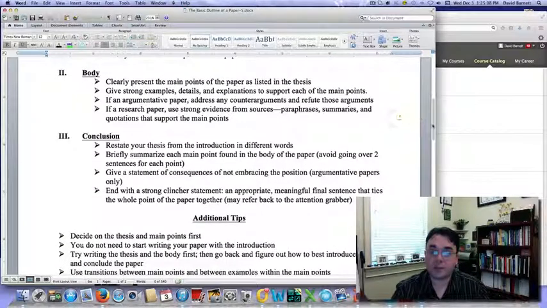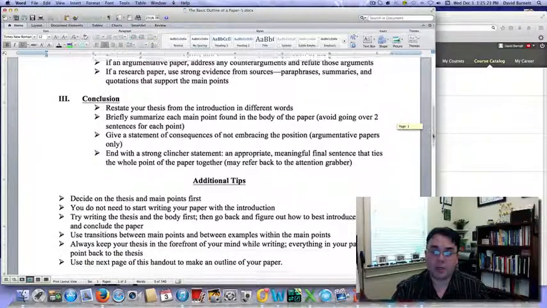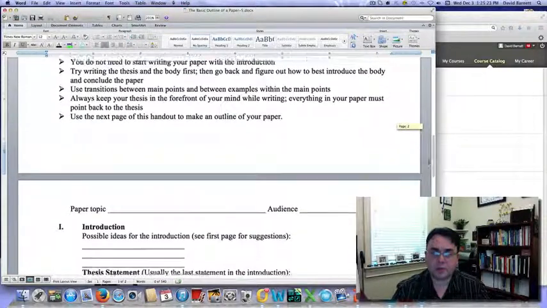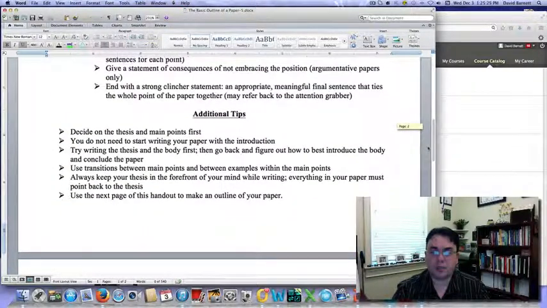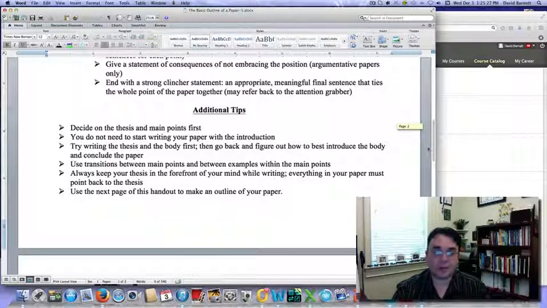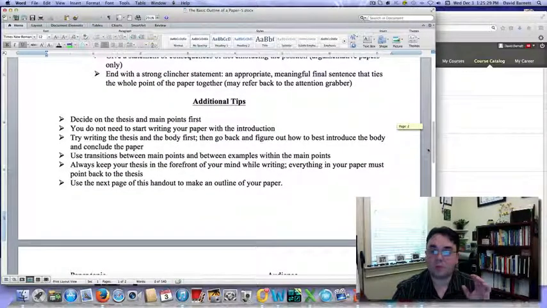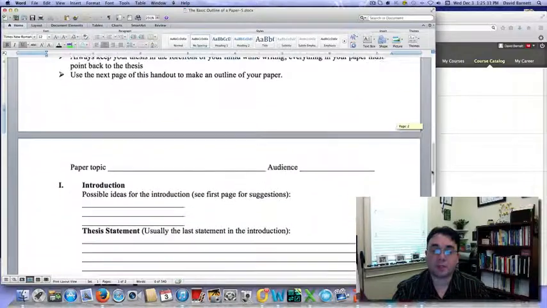And in your conclusion, you basically summarize all the things that you've learned and that you've shared in the paper, and you just reword the thesis statement at the very end. So basically that's how you create a very good, solid paper. There's also additional tips on here, but I'm not really worried as much about those because what I just shared with you is the main focus.